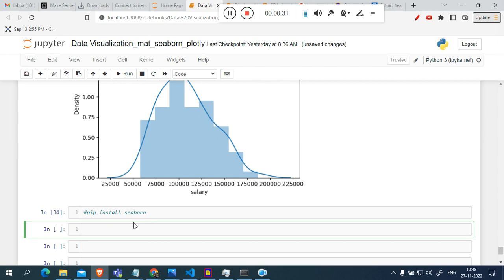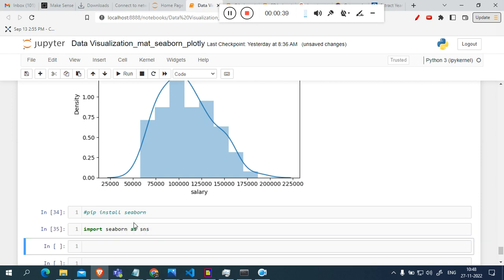Then you need to import seaborn as sns, and you need to run that entire code. Even if you did it yesterday, you need to run it again because we broke the kernel. The import of seaborn as sns, you need to call again. Okay, now